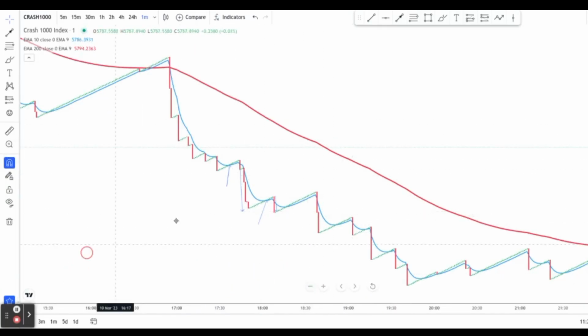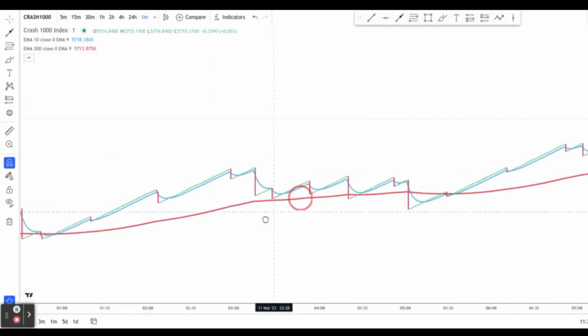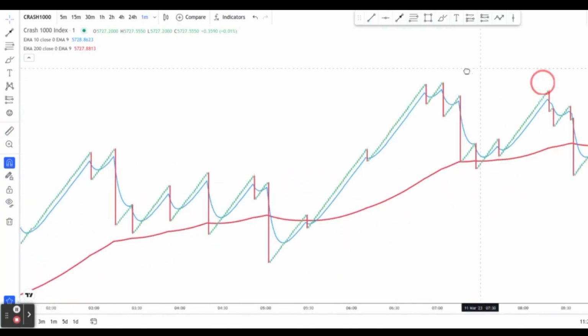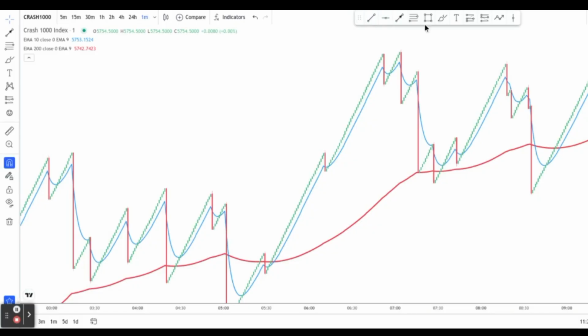You understand? So when the 200 moving average is going up and the 10 moving average is also going up, the market will be buying. You can see that here. When the spike comes to the 10 moving average, the market started buying, and because the general trend, which is the 200, is also still buying, you can see how long the price moves before it